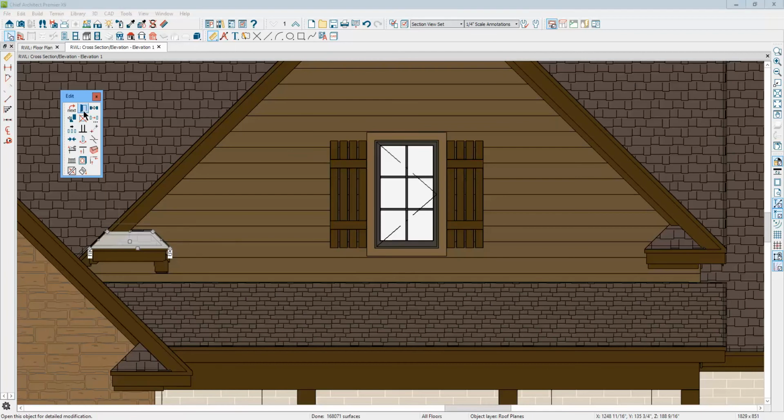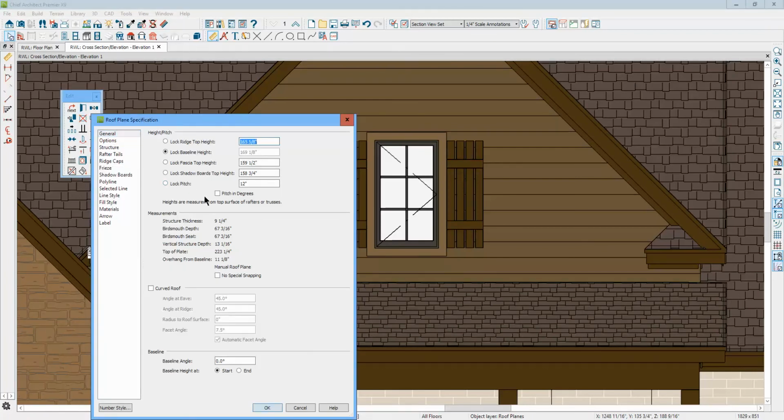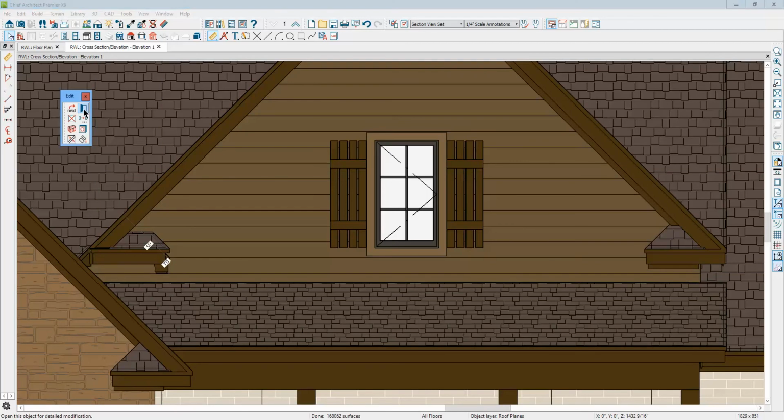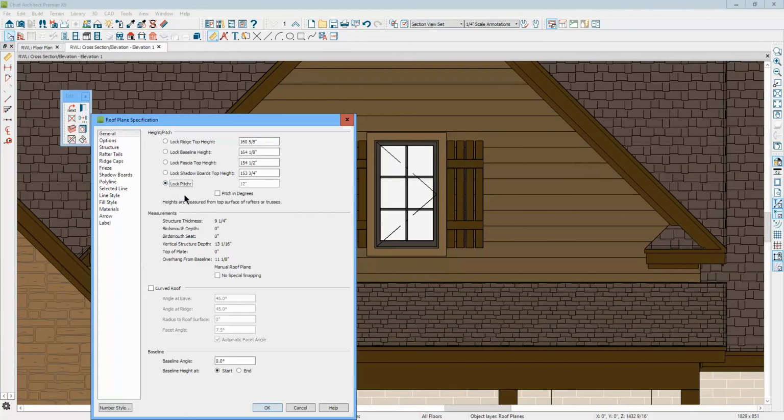What's the fascia top here should be 158 and a half. Okay. I'm going to lock the pitch so that the pitch doesn't change when I change this value. I'm going to change that to 158 and a half. So it matches the right-hand side. And then this little piece, I'm going to open it up, and again, lock the pitch, and then change the fascia top value to 158,